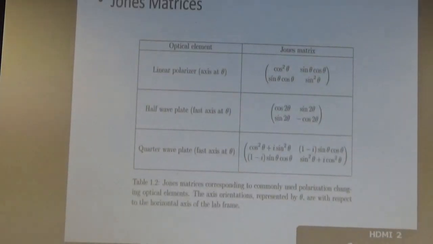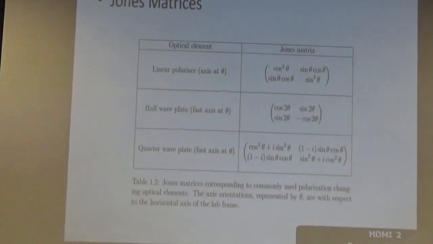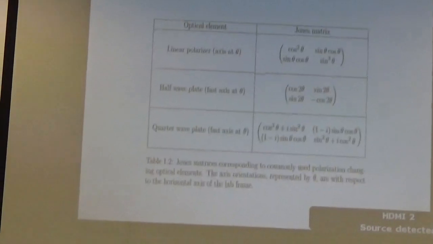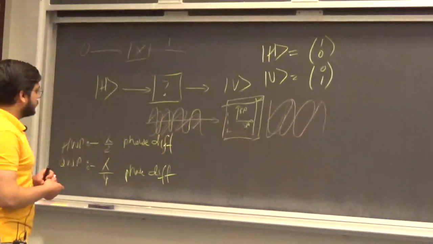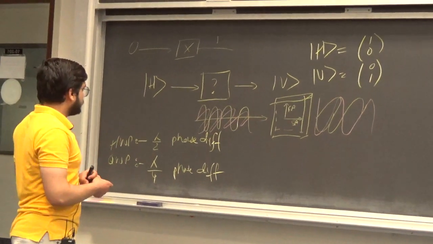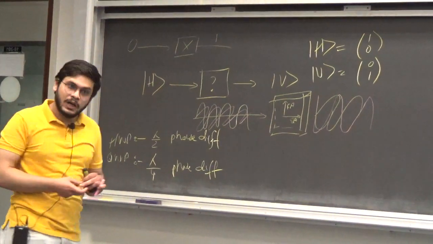I can go into the depths of how we generate these with some specific angles, but I think that will take a lot of time. Let's just leave that. This crystal does not change the horizontal polarization into vertical, it only changes the phase difference between them a little bit. For now,